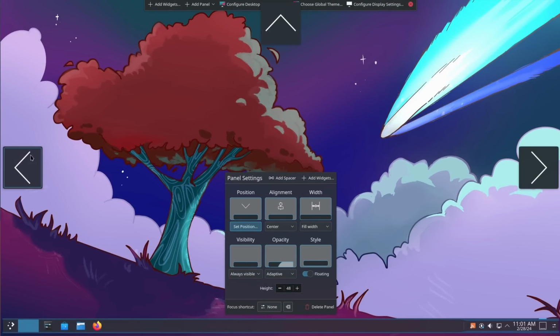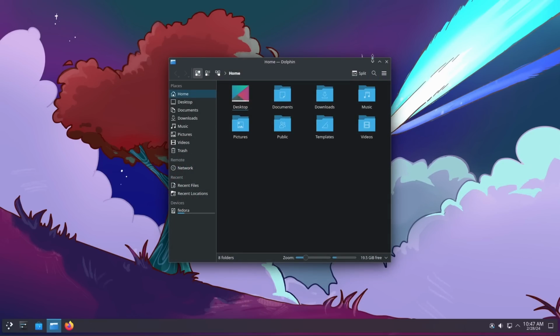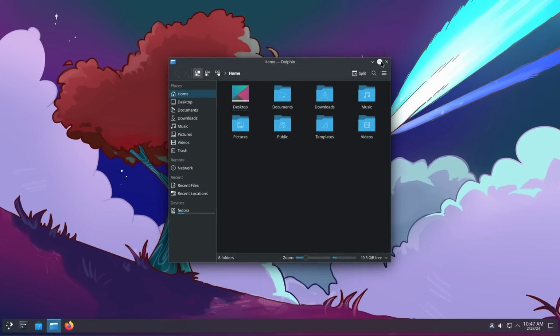But it is still KDE Plasma. If you loved it, you will probably love it even more. It just got better. If you didn't like it, chances are you will still not like it. And if you're a newcomer to Linux, it's probably going to be a better starting point than it ever was before. What is more interesting is the new underlying stack, with a solid foundation using Qt6